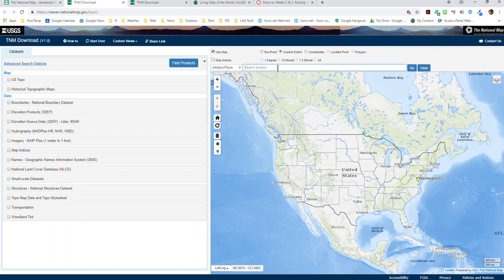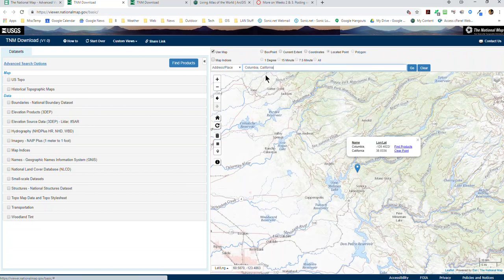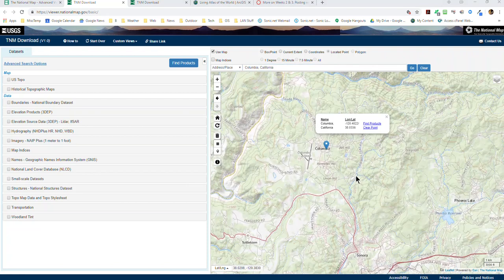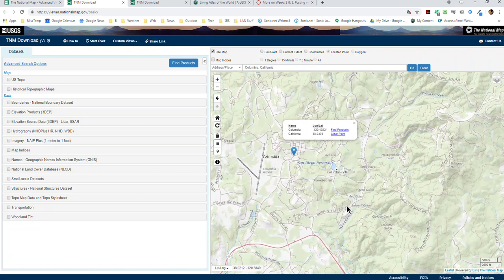and you can use the search box here. So we'll type in Columbia, California, and two choices come up, and from experience I know that one takes us to around the Mount Shasta area where there must be a Columbia, but we want the top one here, and you'd quickly figure out that you don't want the other one. So here we are with Columbia, and let's just zoom in. There's the airport, and